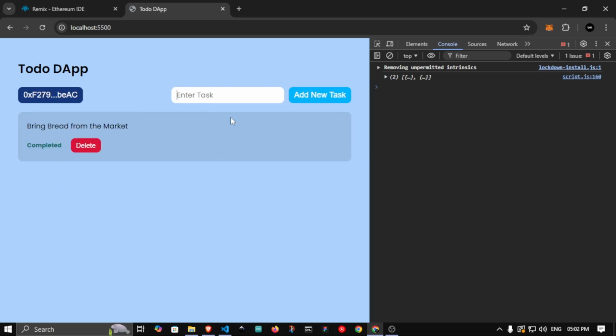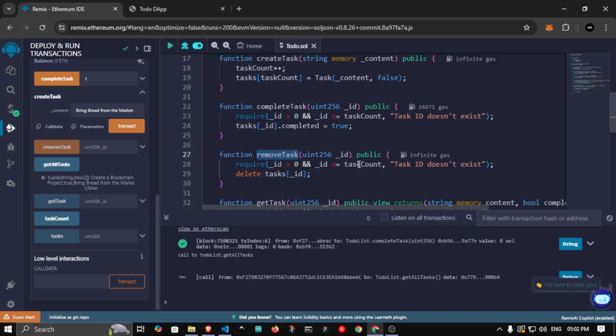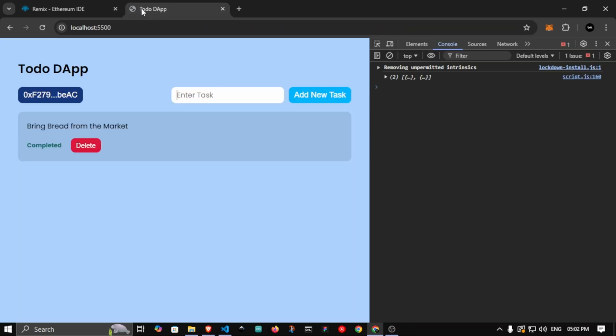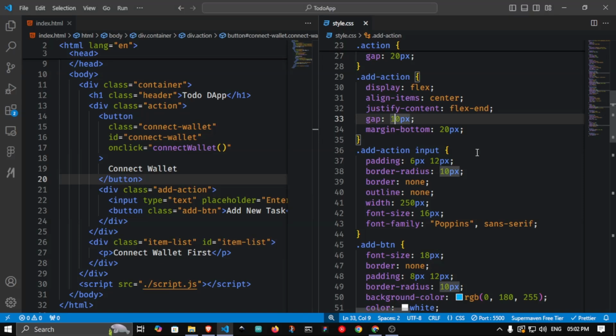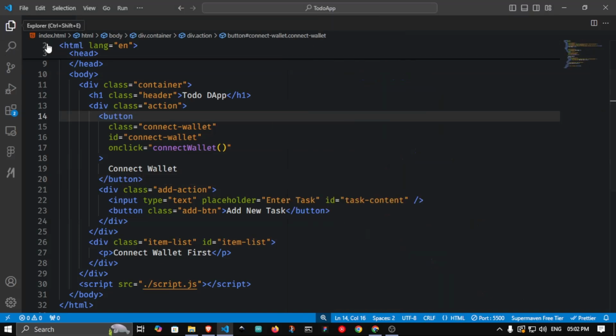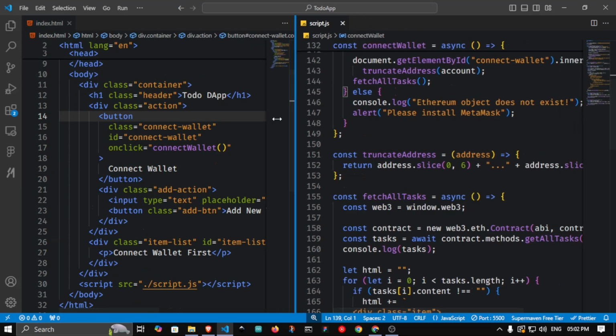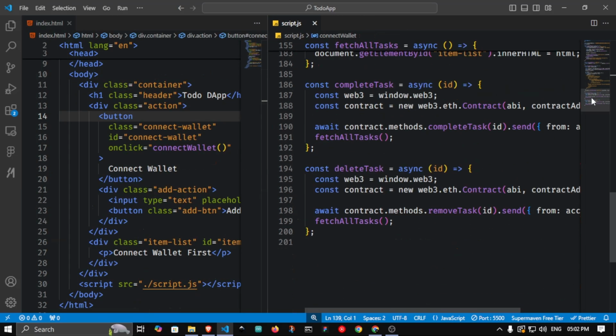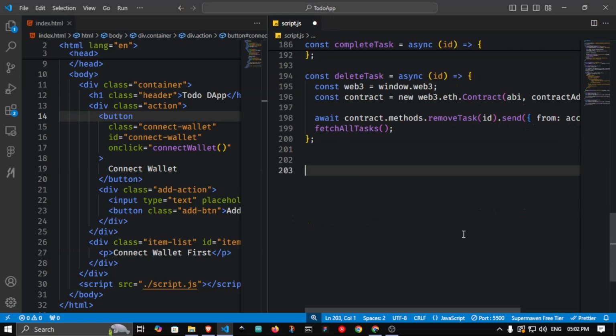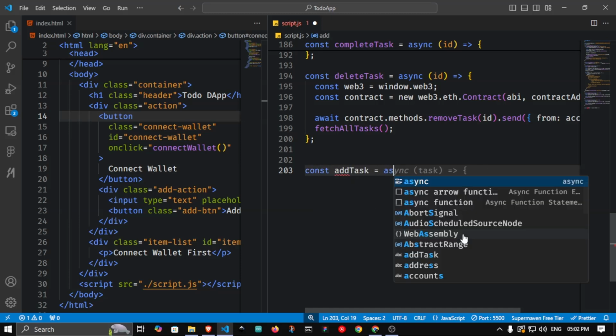And now we are going to create a function which takes the text from it and adds it to our smart contract using the function which we can say is create task. Let's do this quickly. Just close the style sheet, we are not requiring this anymore. Split this code in half. Okay, so now we have to create the last function of this project, which is add task. It's an async function,